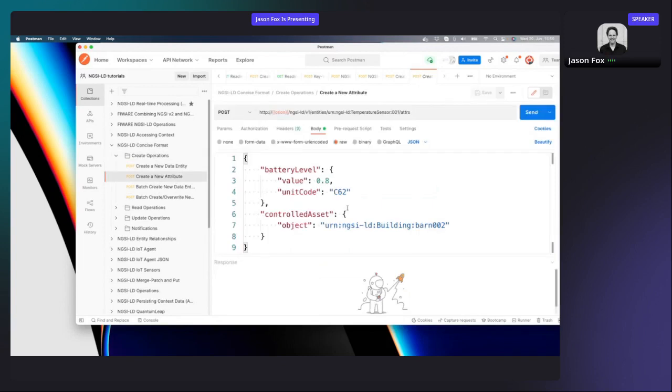I can then add in additional attributes or values. So this is just adding in a value of 0.8, which has got a unit code of C62. If I didn't need to put in the unit code, I could just go batteryLevel 0.8. Unit code C62 is the UNECE CEFACT code for unity. So it's basically going from 0 to 1 is what this is saying. And obviously the other element will come through as a